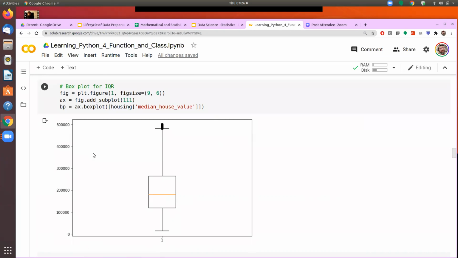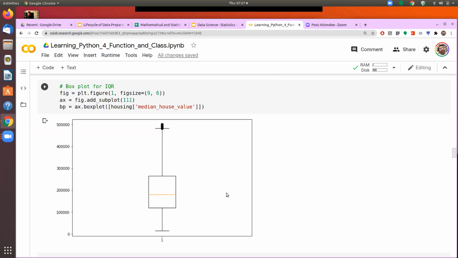Now, if the data is normally distributed, then there should be very few items outside the interquartile range. That we see by depicting a box plot. So let's see how to read this box plot, which is also very important for us to understand and remember. You see the middle one is my mean, that is the average. Sorry, this is the median.